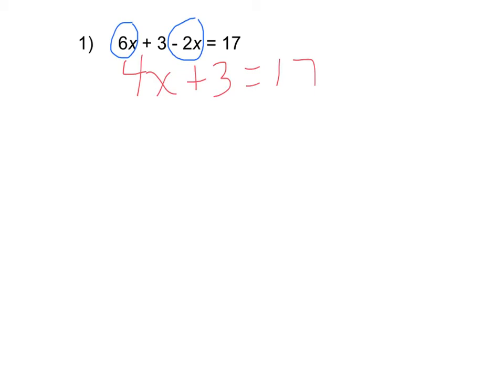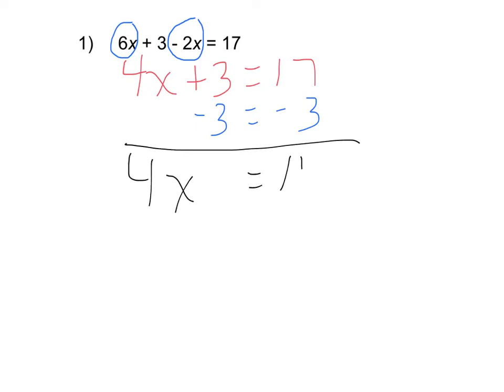We're going to first of all undo the adding by subtracting, and whatever you do to one side we do to the other, and then we're going to combine that, and we're going to get 4x equals 14, and then we're going to divide each side by the 4,